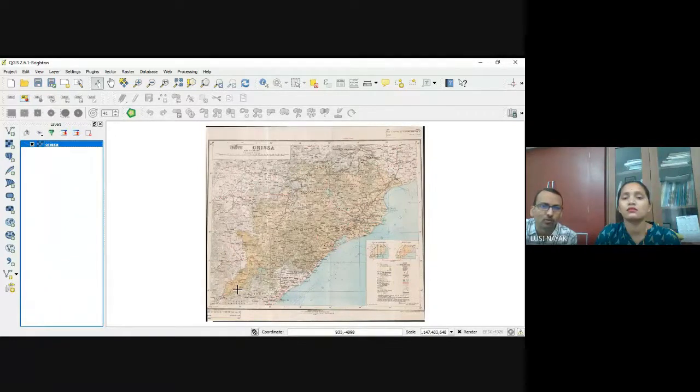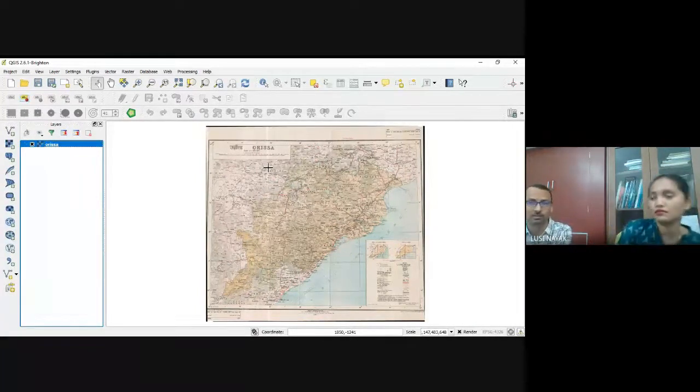If I take 4 known coordinates here, and here, the whole map will not be accurately georeferenced. Because if I take 4 points here, only this portion will be georeferenced accurately, and in this portion, the error will be there. So if I am taking 4 points, I have to take them well distributed. Here some point, here some point, here some point, and here some point. So 4 points. If I am taking 8 points, it is well and good. But I should not take 100 points. So there should be a balance between the number of points and distribution throughout the map.